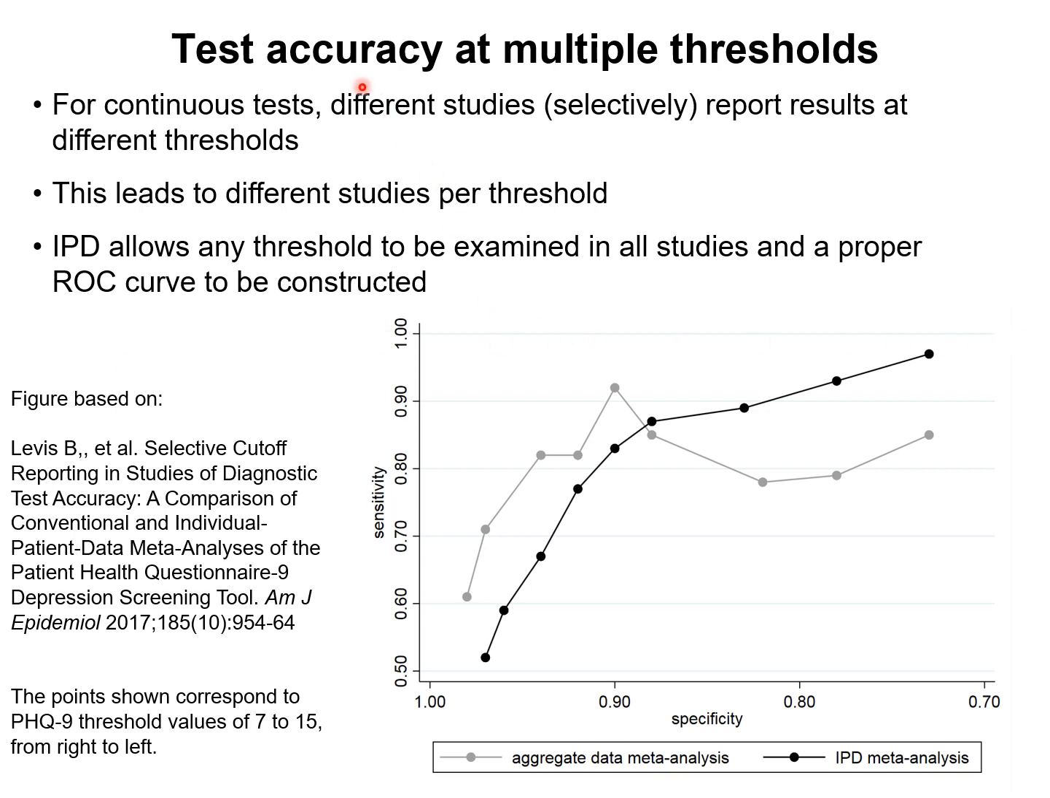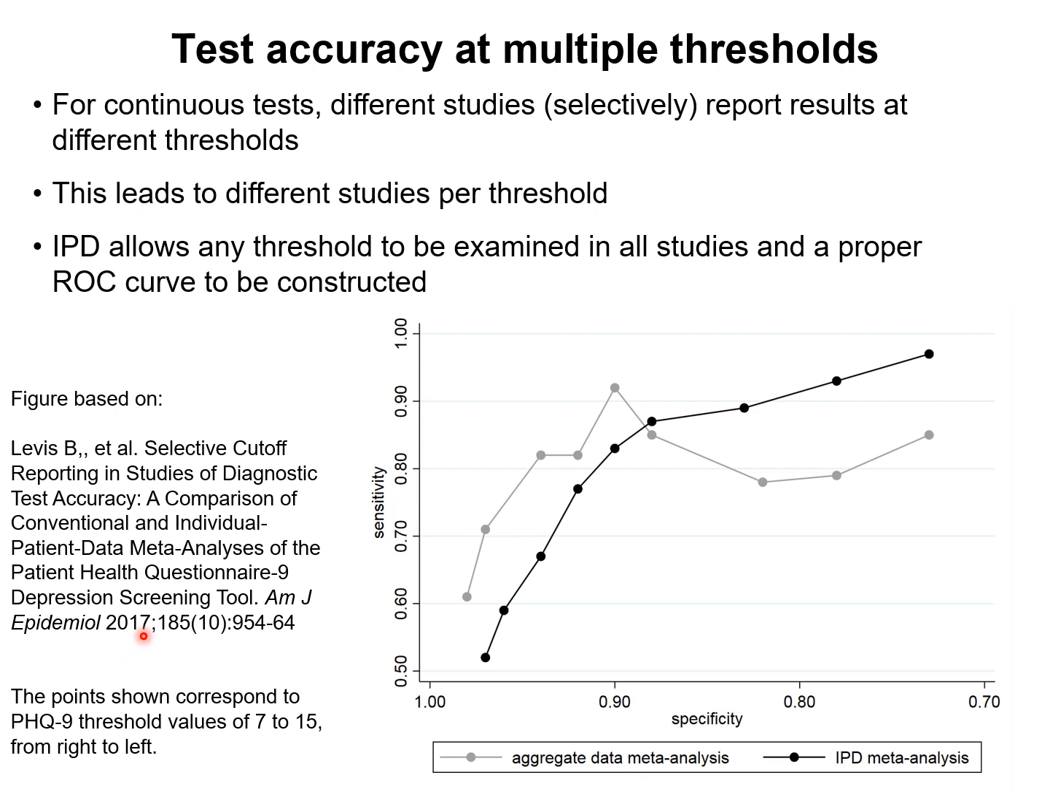Moving away from randomized trials, let's look at test accuracy at multiple thresholds. So this is where we're looking at the sensitivity and the specificity of a particular test. And when we do that for a continuous test, we need to choose a cutoff, a threshold value. So on this graph, which is known as an ROC curve, I've got threshold values from 7 all the way down to 15. So 7, 8, 9, 10, and 12, 13, 14, 15 for the PHQ-9 score, which is looking at depression and